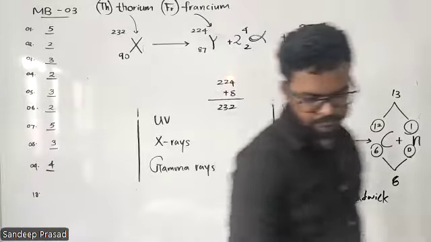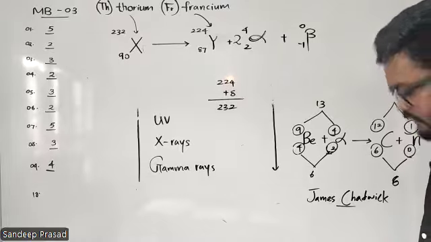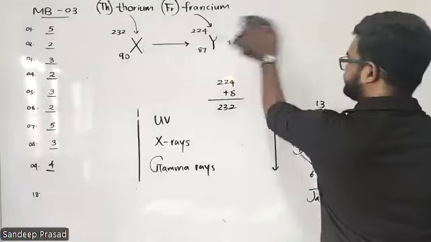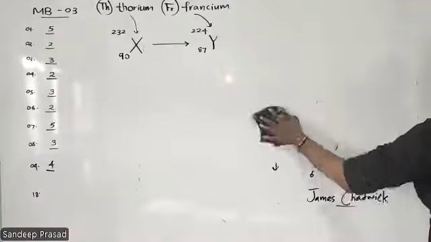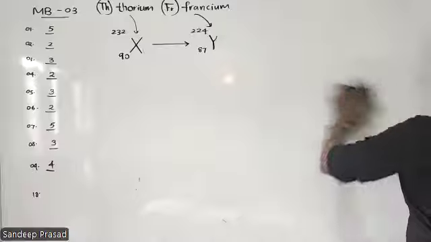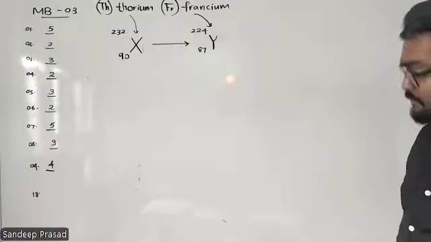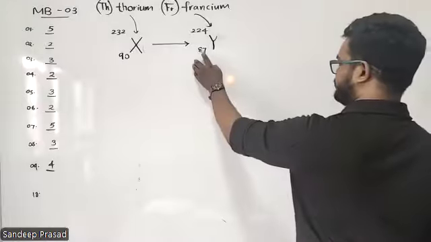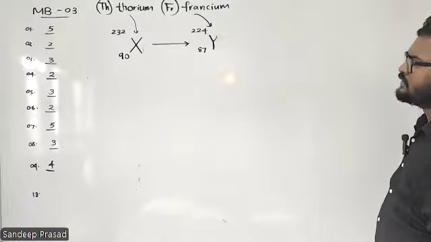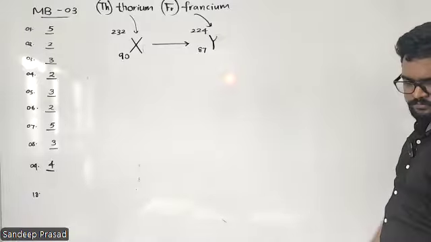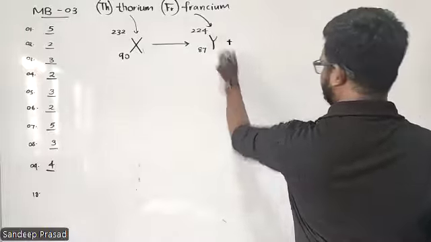Right, okay. Now, I'm going to explain this one again. They have given a radioactive substance that is emitting some radiations and producing another isotope, element 87, with mass number 224, right? And then here we can see that